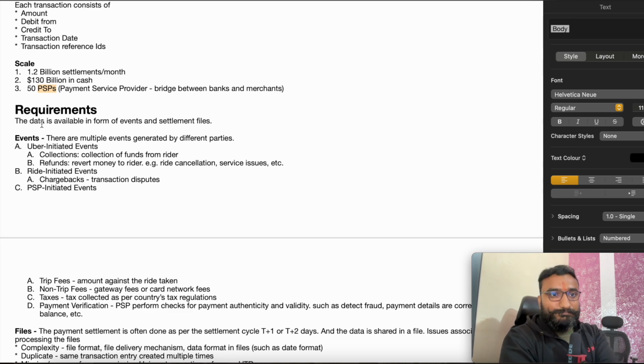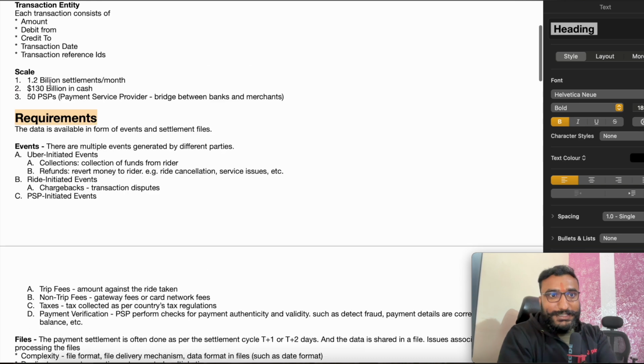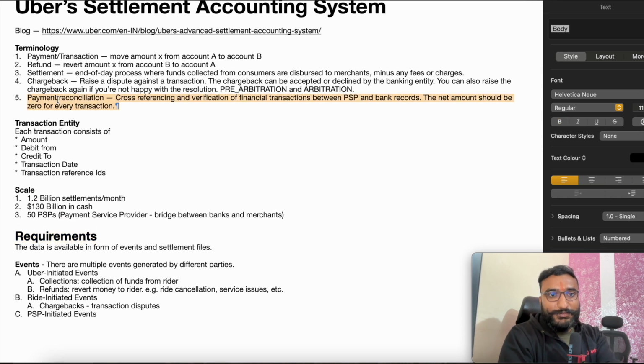Cool. Now let's move forward with the requirements. We are clear with the basic sentiments of the problem, what a transaction means, what a settlement means, and one more thing is reconciliation. We missed this term, reconciliation, which is basically what this system is, a reconciliation system. When we say settlement, the settlement is done, right? Now when the settlement is done,